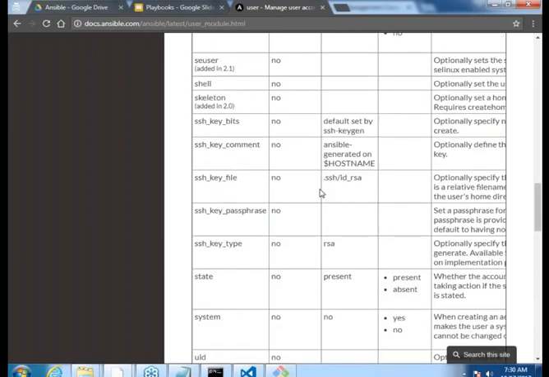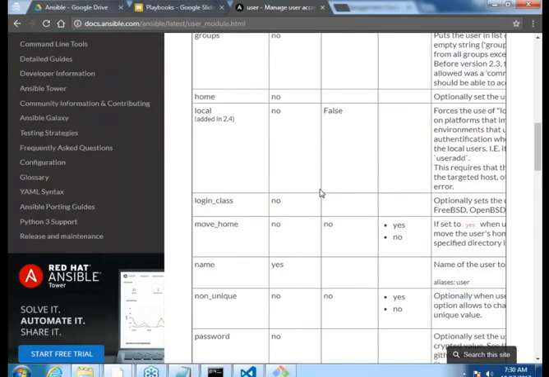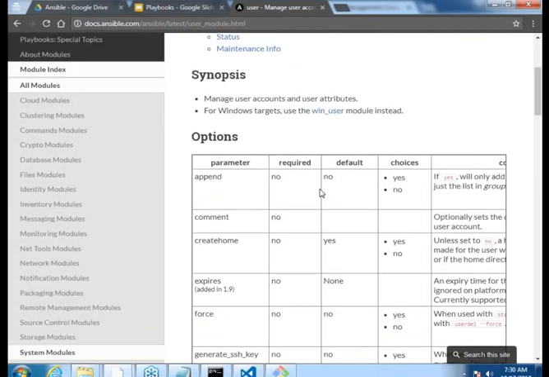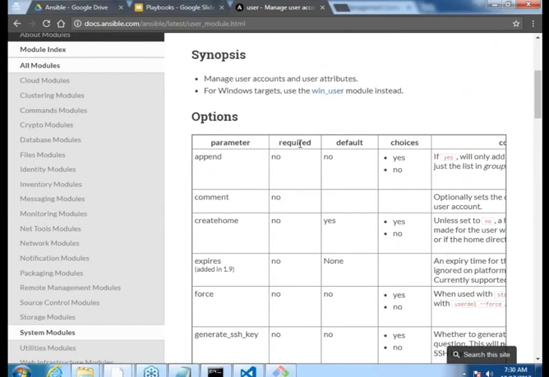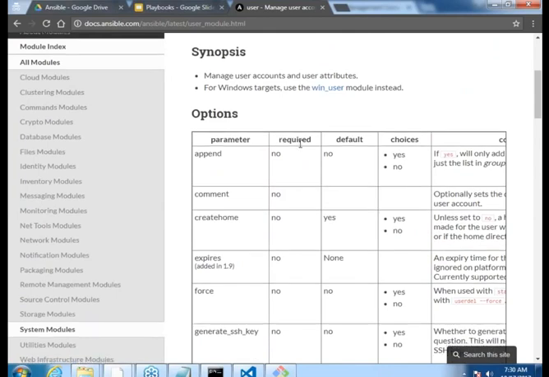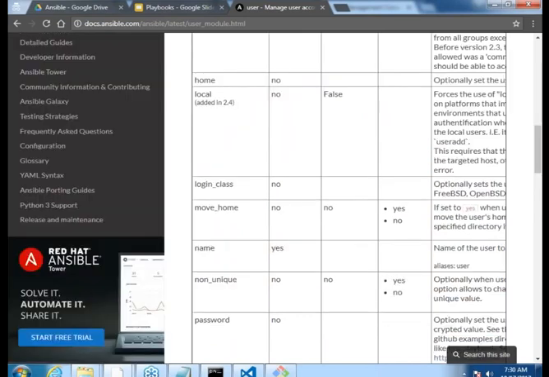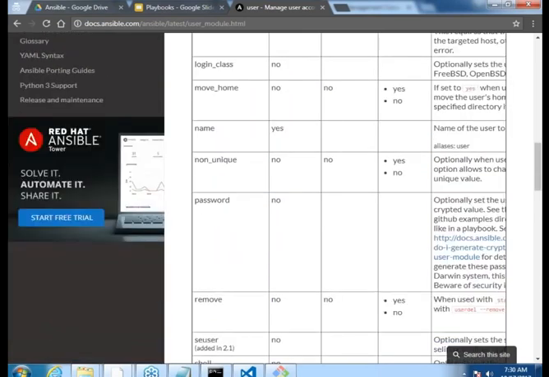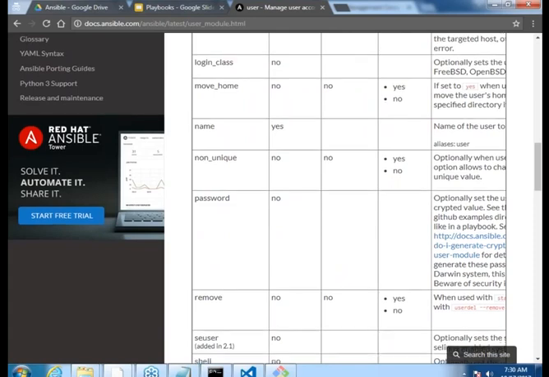Okay. So whenever you are looking into it, there is one important aspect always in this table. You are seeing this required, right? Okay. The first after parameter, the second column is required. Please go through this once again and see what is required over here. That is the minimum thing which you have to enter. If you don't enter that, it would give an error. For example, here in this case, it is saying that the name of the user is mandatory. So you can't skip that property.